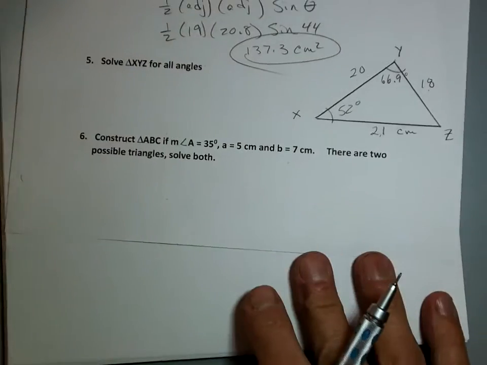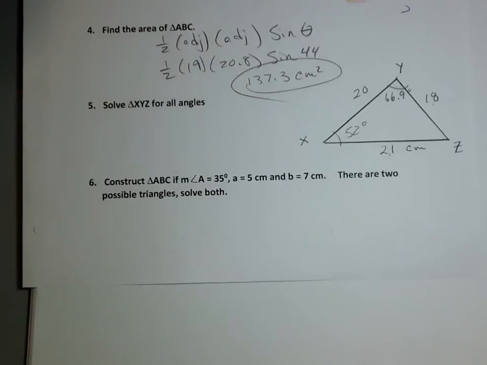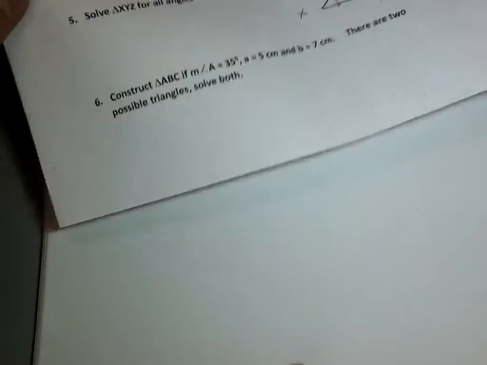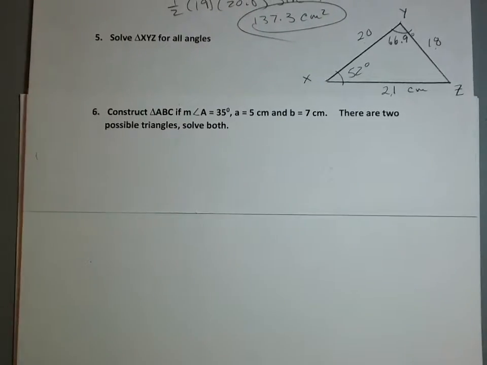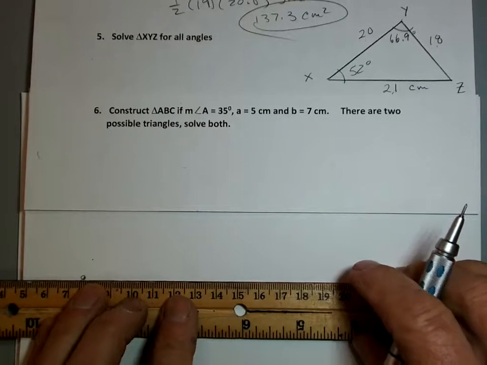Let's do it, bit by bit. I'll draw it slowly. I'm going to do it on a separate sheet of paper, and I'll go through it slowly. Okay, so first of all, let's make angle A. I'll just put a point down here, call it A. I'm going to draw my